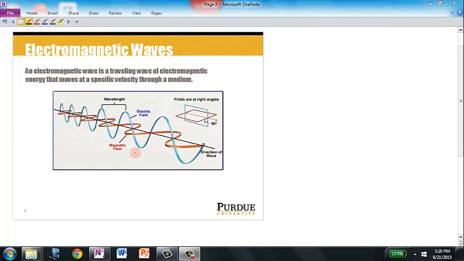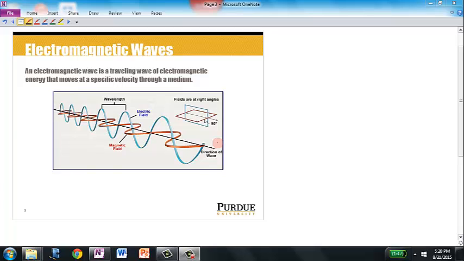These established fields, the electric field and the magnetic field, are perpendicular to one another. And as the EM wave travels through space, as shown in this direction, maybe from the left-hand side of the screen to the right-hand side of the screen, we see that the E field and the B field are also perpendicular to the direction of wave travel. So we say that the E field, the B field, and the direction of travel are mutually orthogonal,